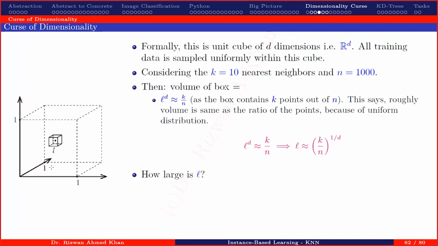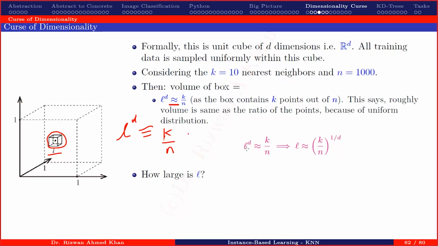Then the volume of this small box can be given as L to the power d, because it has d dimensions, right? And we can approximately say that this volume is equal to k over n, because it encapsulates k points, right? There should be 10 points out of our 1000 points to say that this is a 10 nearest neighbor classifier, right? We can roughly say that this is approximately equal,